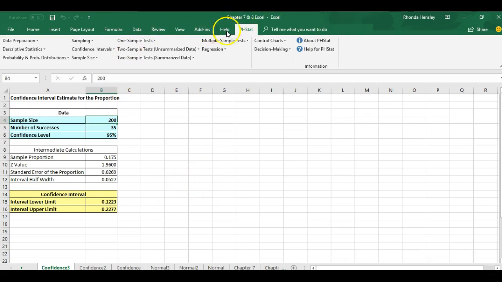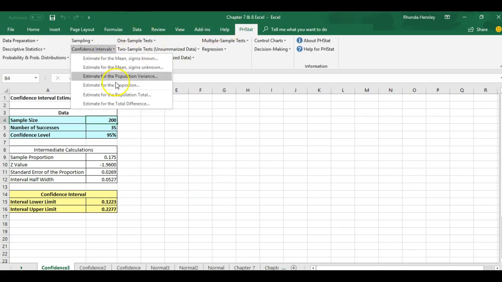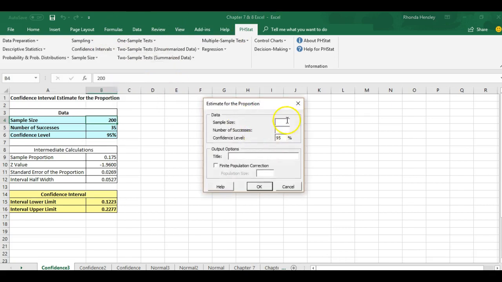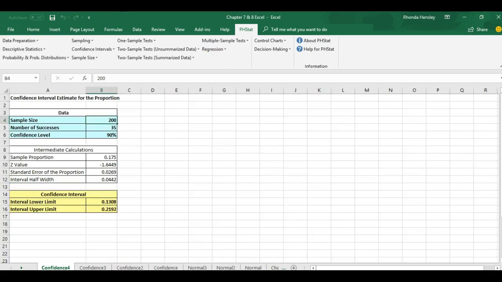Let me go back to PHStat and confidence intervals. I did the wrong one. I didn't change it, which is something you have to be careful with. So sample size was 200, number of successes was 35, and I want a 90%. So I just changed that to a 90% from a 95 and say okay. And this should be exactly what we got when we did it by hand, which was